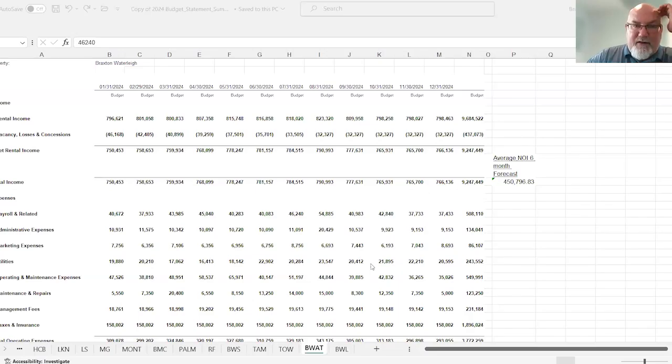So this is our monthly budget screen that we use to detail out all of the information. Now, the data behind this is very, very detailed. So it goes line item, geocode by geocode. We break it down into a very, very detailed analysis so that when we get information that comes in, like